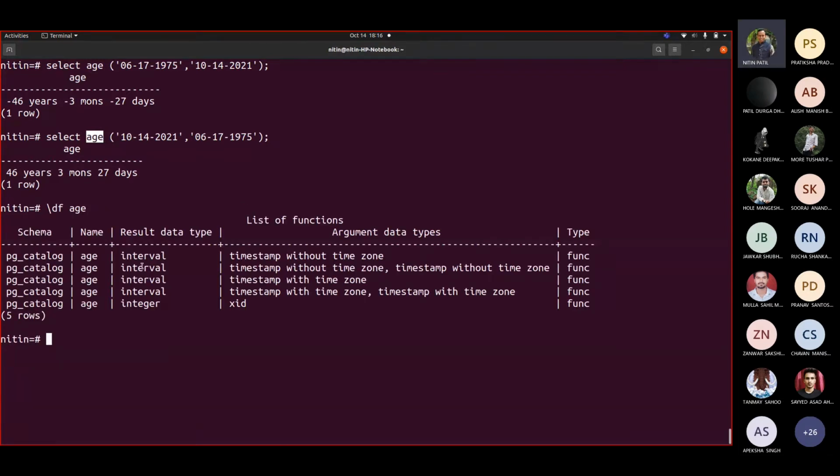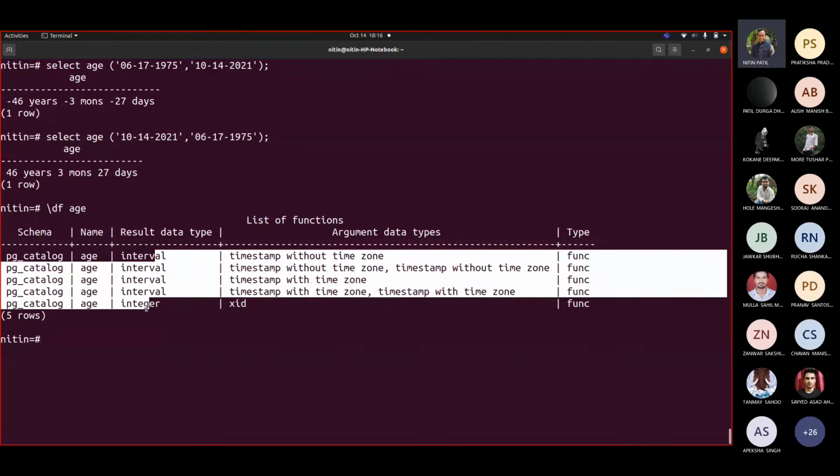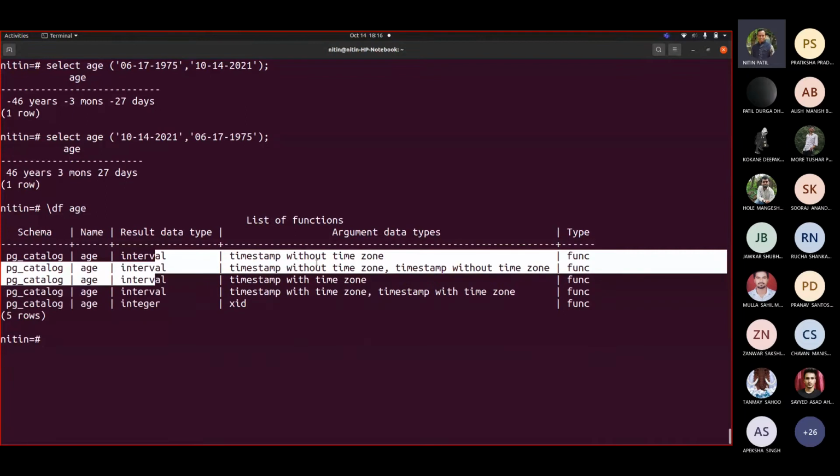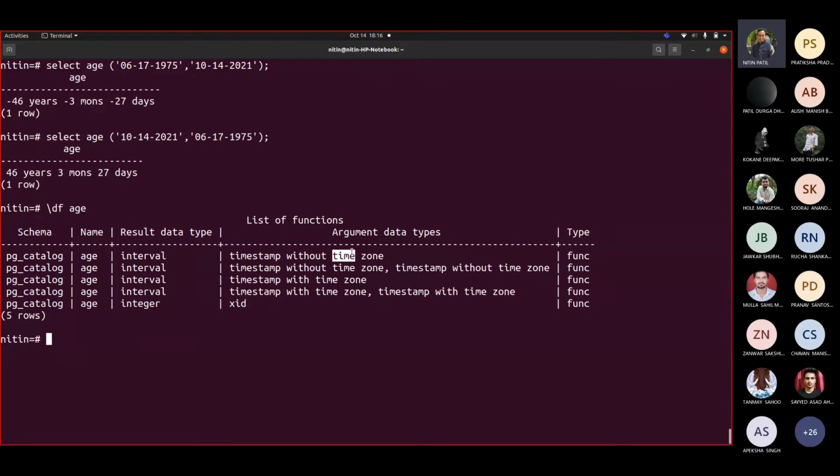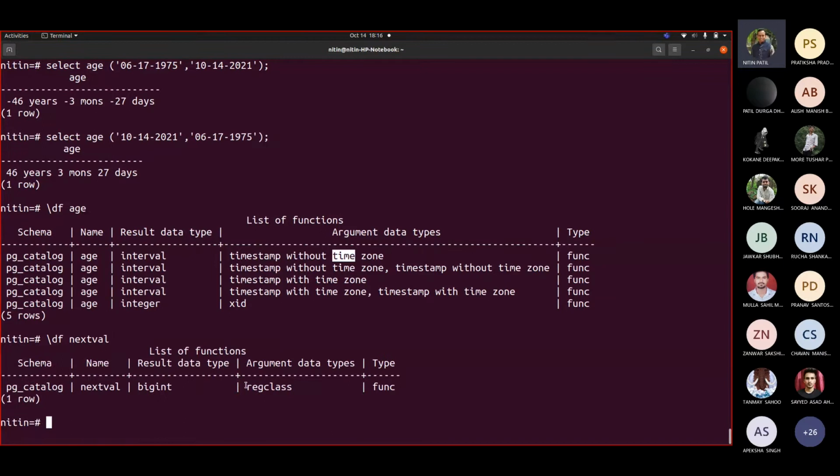It can have different data types, like the result type is different. Even the arguments that it takes, sometimes it is only one, sometimes you can see two, and so on. And we don't care about what the other parameters are. The way that we saw this function too, nextVal, this is only one function. It takes some argument, which is of some type, which we don't know exactly what this range class is. But the result return type is begin.